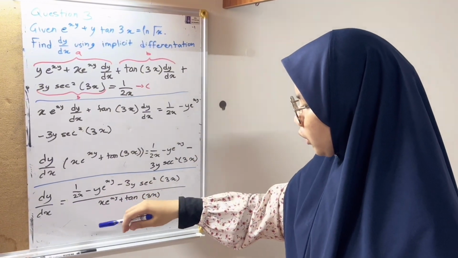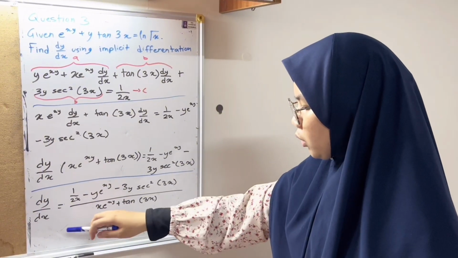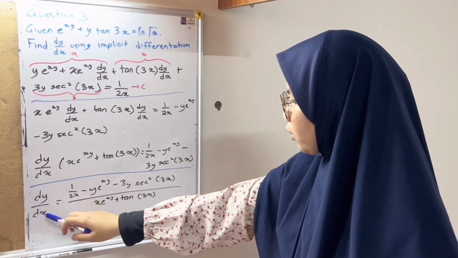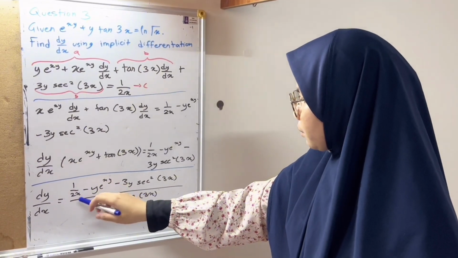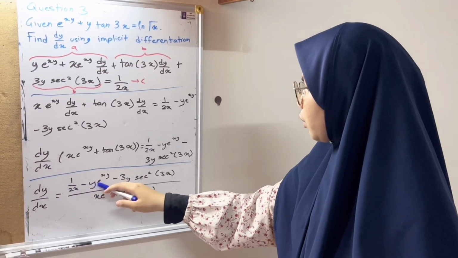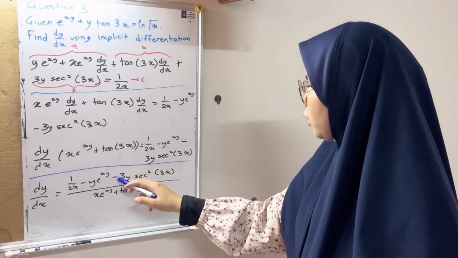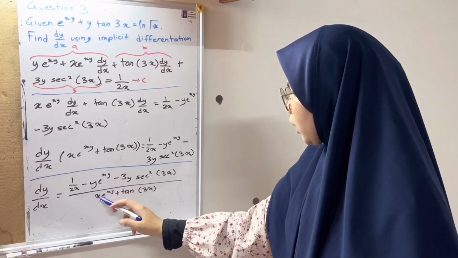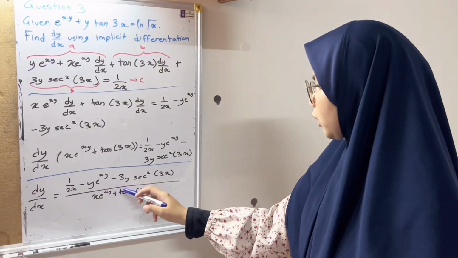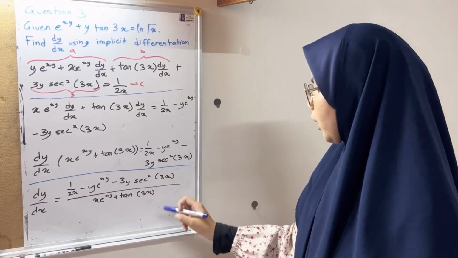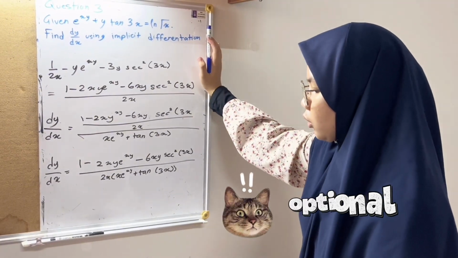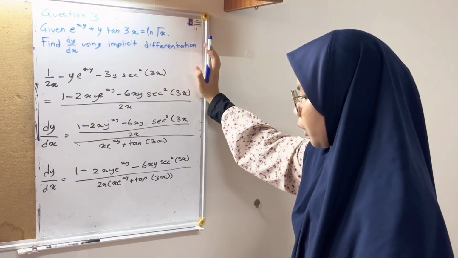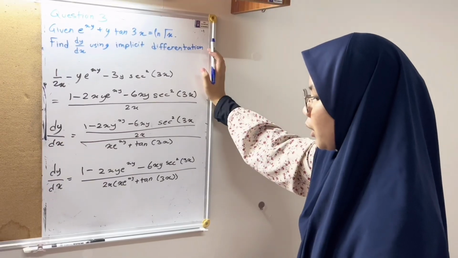After that, we need to solve for dy/dx. We need to divide both sides by that factor term, like this: dy over dx equals 1 over (2x minus y e to the power xy minus 3y sec square 3x) over (x e to the power xy plus 3x). This is optional, to simplify the numerator, which is you can combine the terms in the numerator with